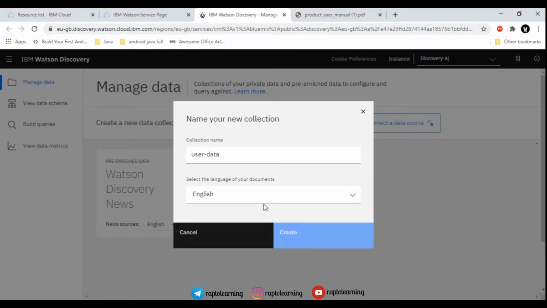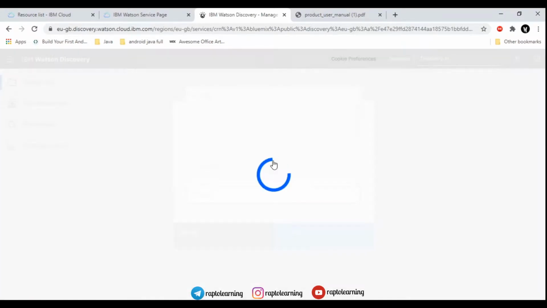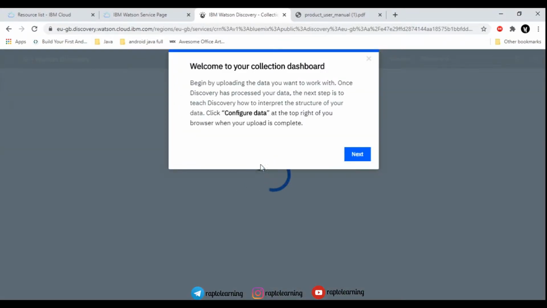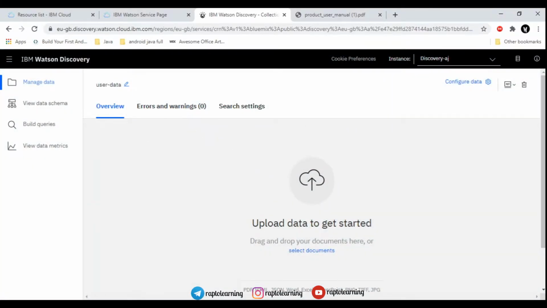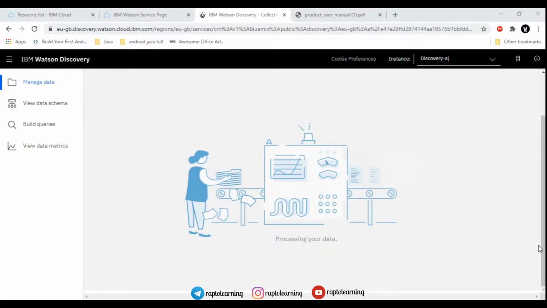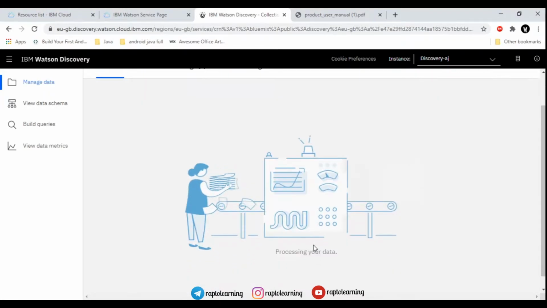So basically we are creating a set of data from which our Watson assistant could understand what the question actually is. Here you can see there are multiple languages available. So basically it's a collection of data. Just put it on next, and here you can see the main screen of our data, that is the overview. This is the basic overview of Watson Discovery. So we will just select the documents which we are going to upload. You have to download that document from GitHub, or you can use your own data and convert it into PDF. It usually accepts PDF, Word and all types of data. You just have to upload that data, and it will process your data.